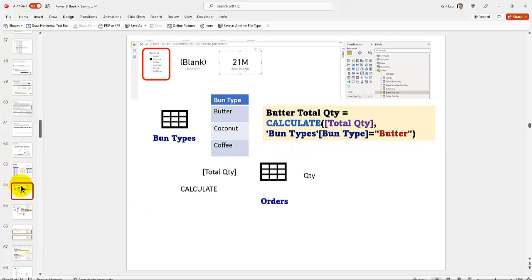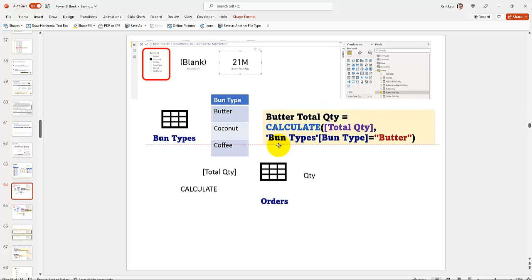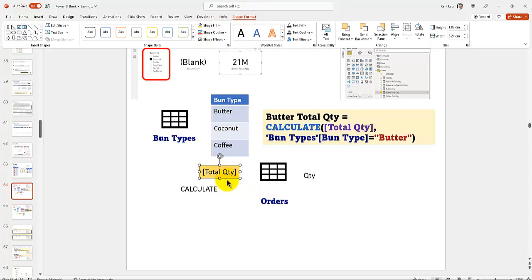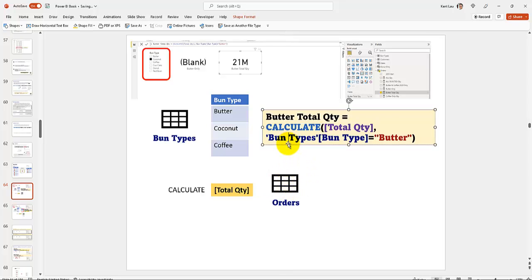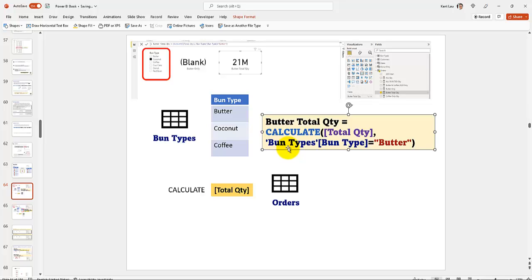As for this here, it has no differences, because although you want all the coconut, it does not affect it. This is a very good new understanding. It does not affect CALCULATE. This one is talking about this here. So it remained 21 million